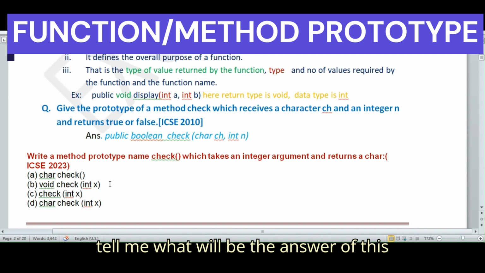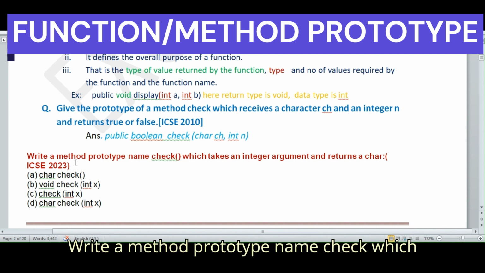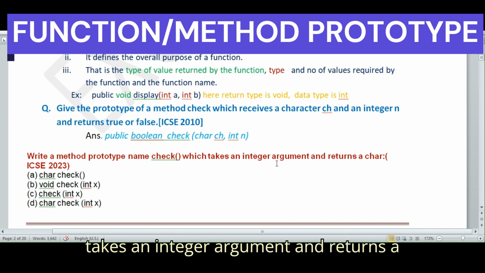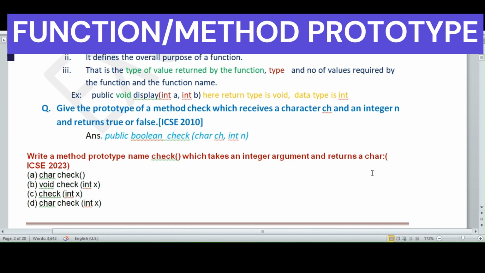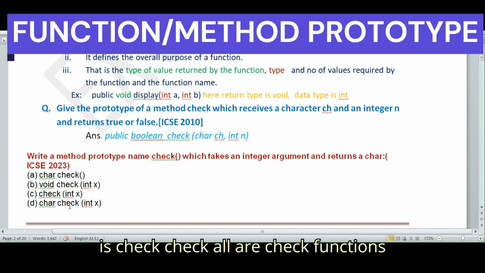Now tell me what will be the answer of this one. This is a 2023 question. Write a method prototype named check which takes an integer argument and returns a char. Check is the function name, all options are check.